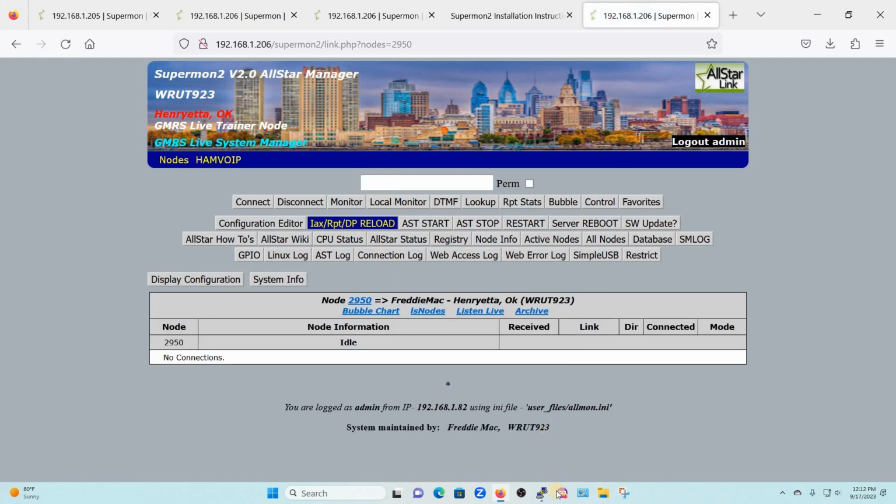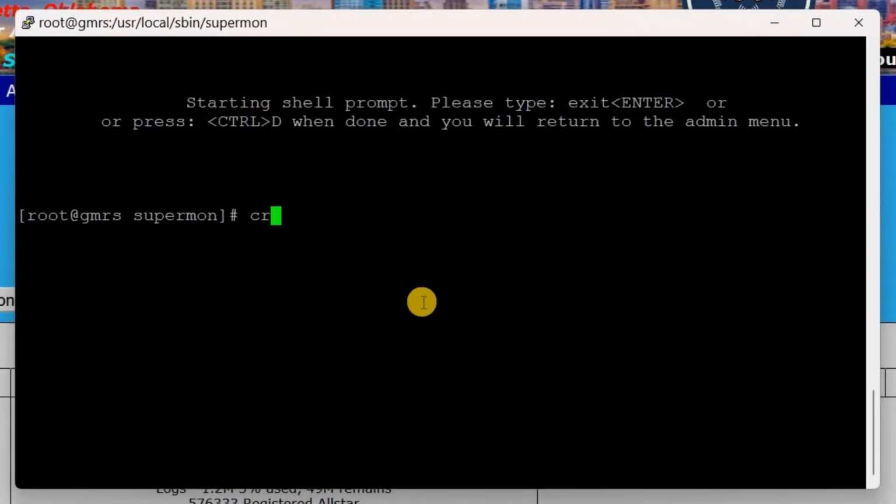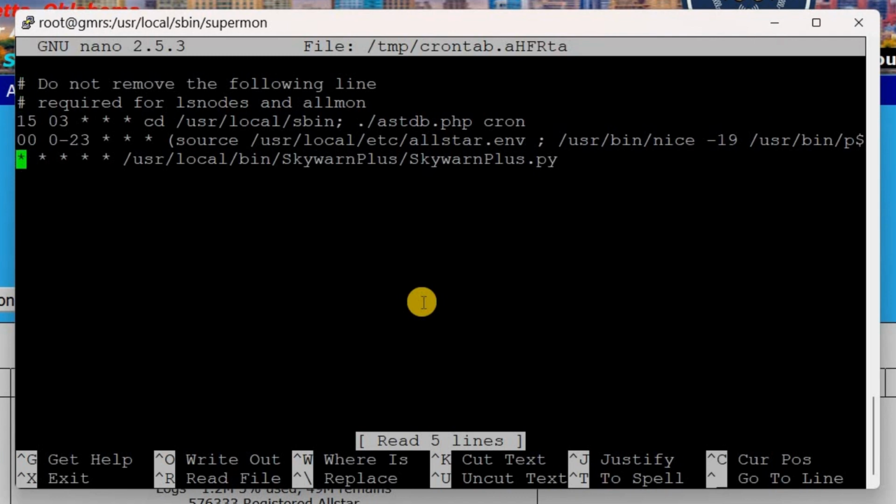refresh. Now there's one more line that we've got to put in. So we're going to go crontab -e. We're going to come to the next available line and type in */2 space star space star space star space star space